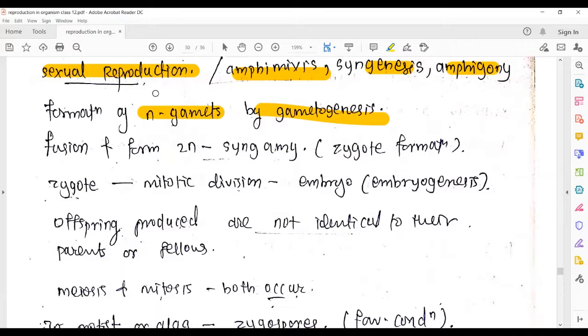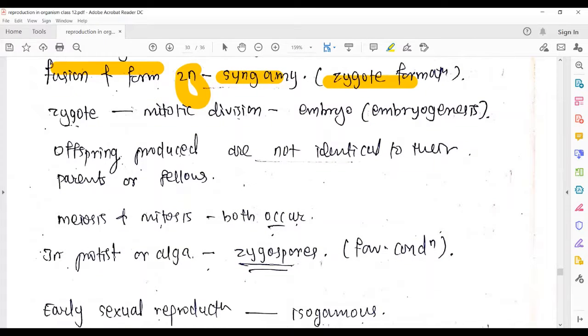So what is sexual reproduction? Here the gametes are going to be fused together. Male and female gametes will fuse together to form the zygote. The gamete formation undergoes a process called gametogenesis, right? Then fusion of the gametes takes place, with formation of a diploid zygote. That is a process called syngamy. The final product is the zygote. This zygote will undergo mitotic division to form the embryo. That is the embryogenesis process, right? The rest you know very clearly, how the embryo development takes place.